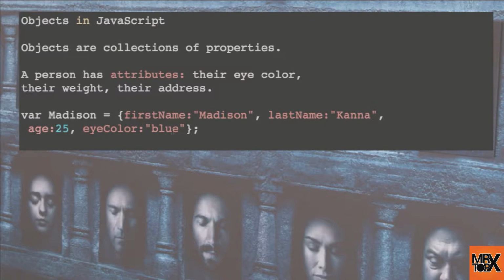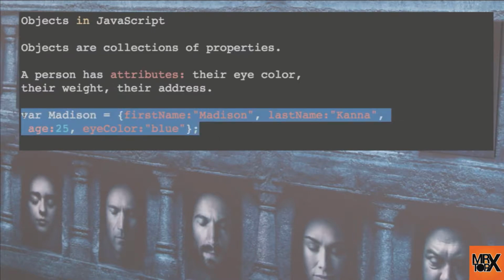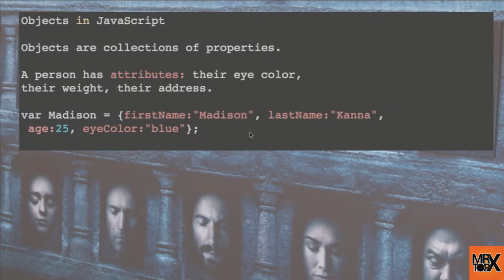So your program knows when it has this object Madison, it can point to all of these different properties that I have, and it remembers them all bundled together. So an object is really just a bunch of information about one thing bundled together. And this kind of makes sense for how we think about things in our life. If you think about a person or a car or a dog, you know that each one of those things has a bunch of different attributes or properties that are all